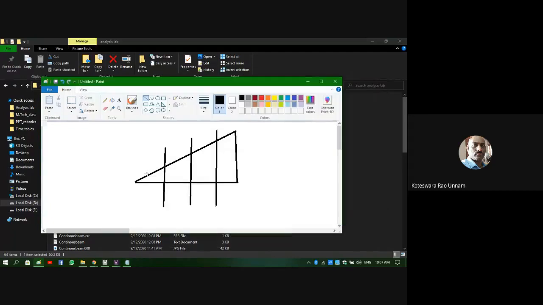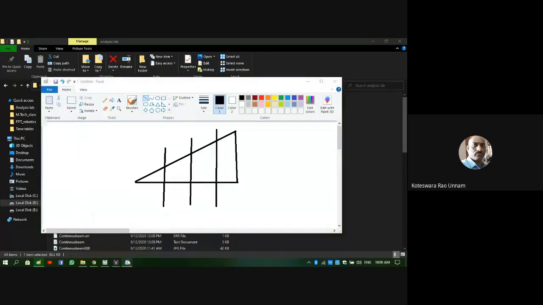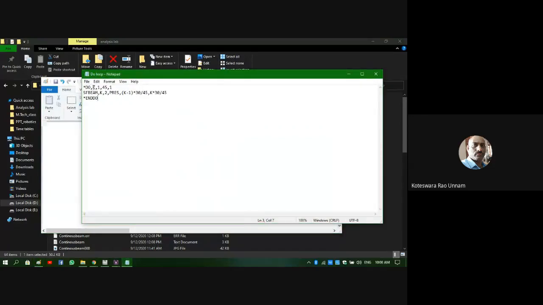So then for each element, if I take the first element, it is 0, then it is 7.5. So I need to apply that. In case of 45 element divisions, for the first node, for starting, it is 0. And at this point, it is going to be 30 divided by 45. So I need to apply that. How am I applying that here? Because I need to repeat it in a loop. So first I'll take k equal to 1. Now when k is equal to 1, what happens? It becomes 0 only.